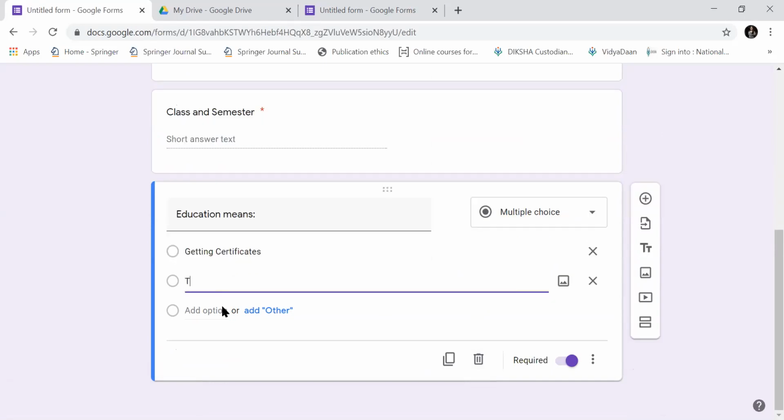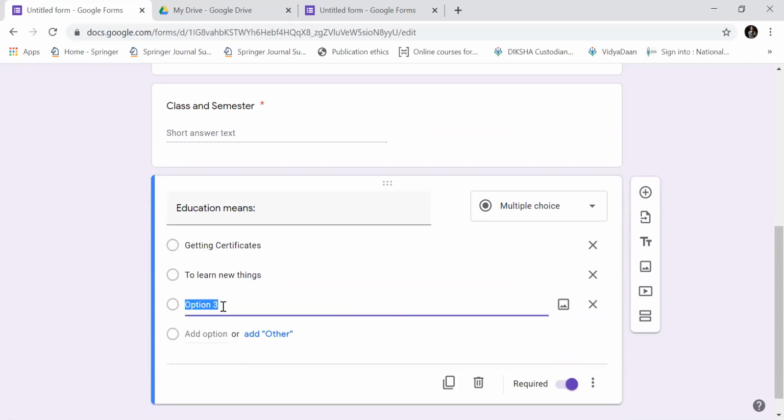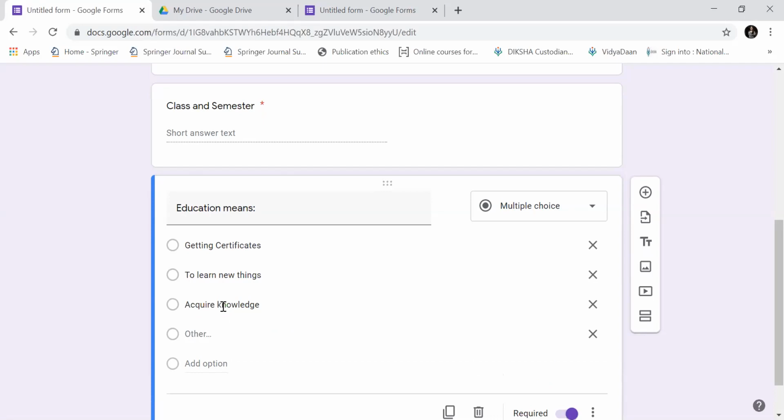Second, to learn new things, to acquire knowledge only, or all round development of the student, of the child.